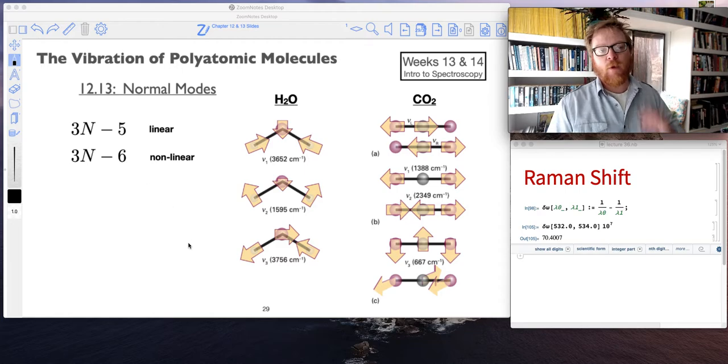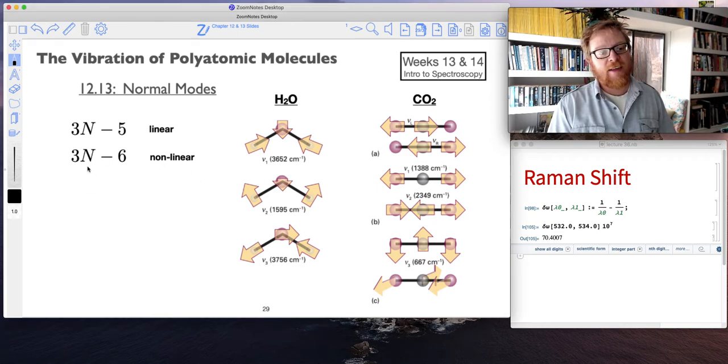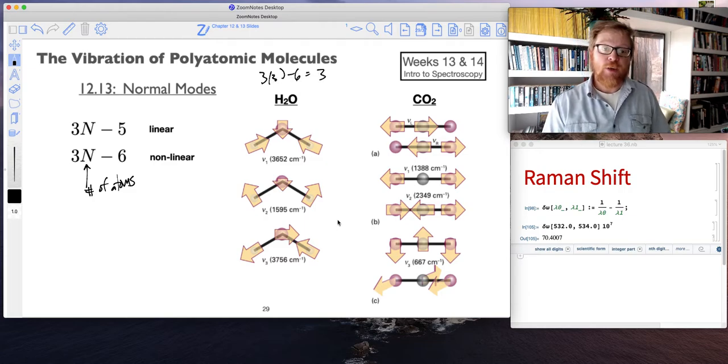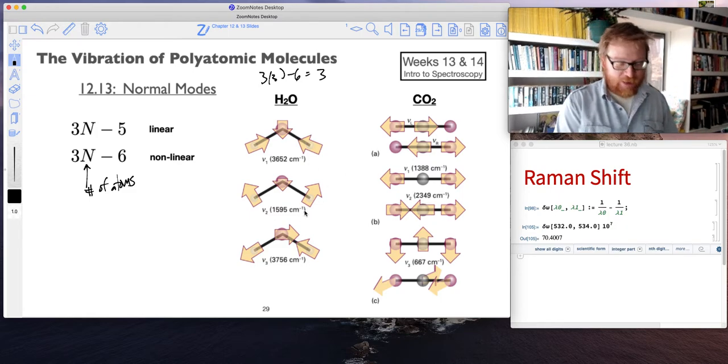And so there's a couple of equations for the simple polyatomic molecules: 3N minus 5 normal modes for all linear molecules, and 3N minus 6 normal modes for all nonlinear molecules, where N is the number of atoms. So for example, with water, we know water has 3 atoms, so 3 times 3 minus 6 is 3. Water has 3 normal modes of vibration,